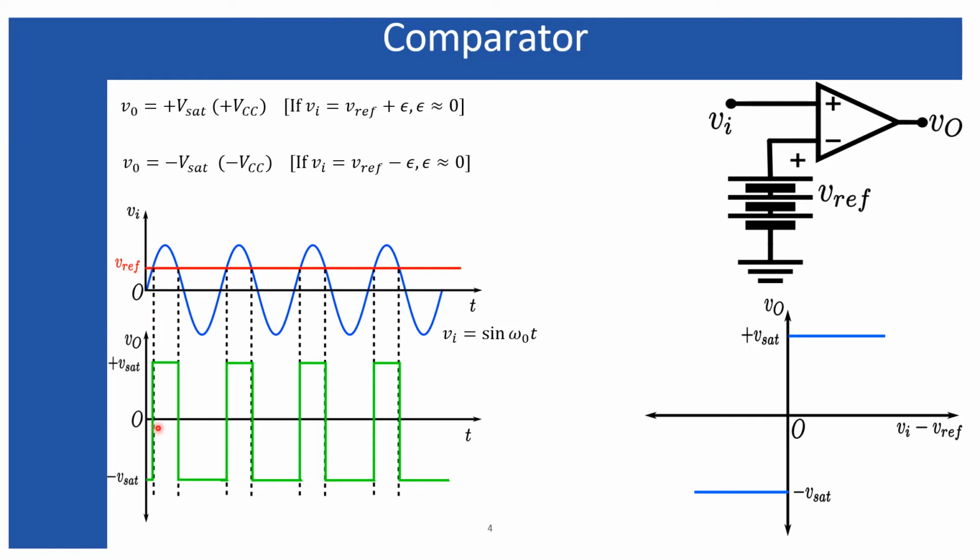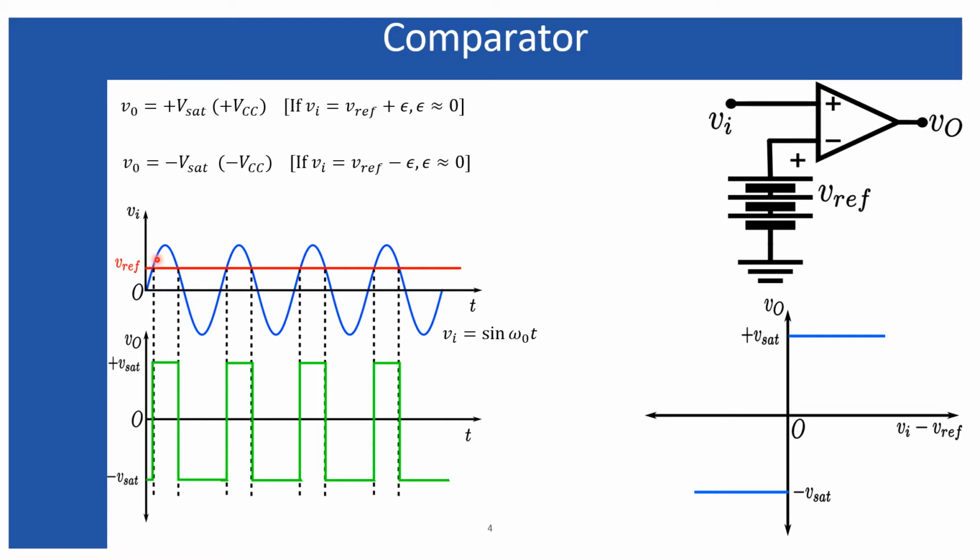At this instant the input voltage is just crossing the reference voltage and becomes greater than the reference voltage, and then the output switches to the plus Vset, and it remains there until